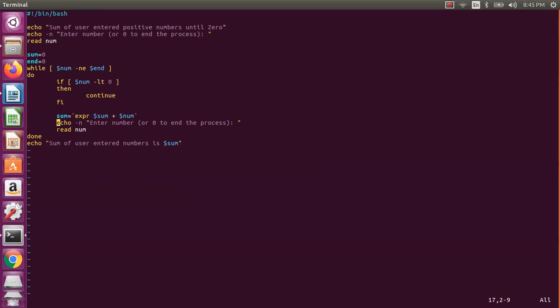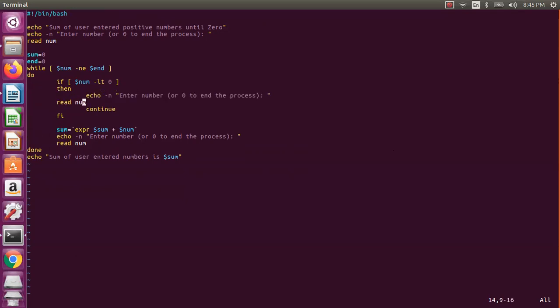So what is the solution? The solution is you need to accept the input in this particular if condition. Then it will keep on asking you. So let us assume if it is a negative number, again it will loop, again it will loop, like that. So it will not leave the user until he enters the positive number. So that is how we will be doing.